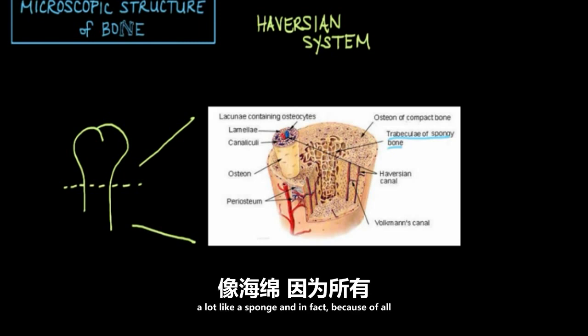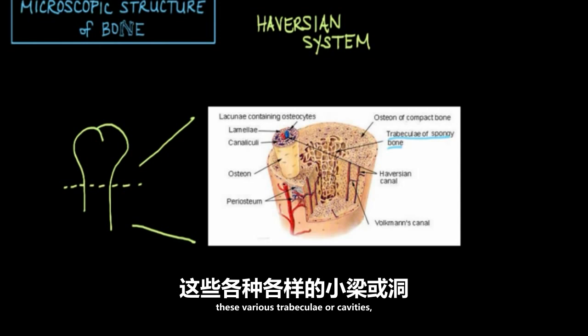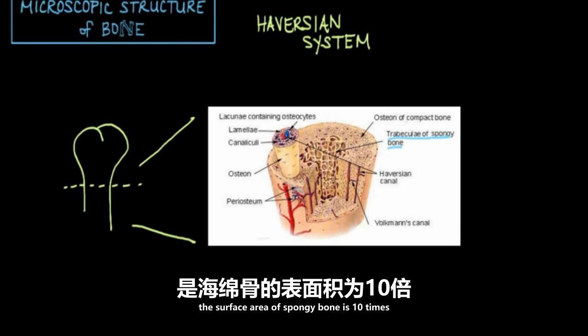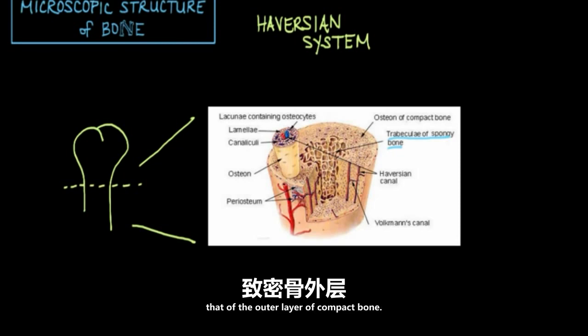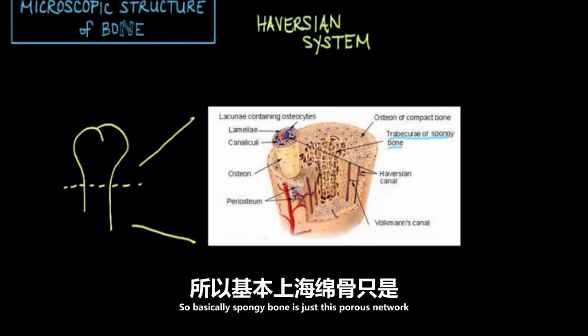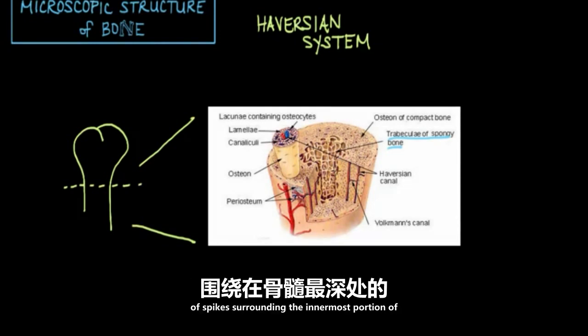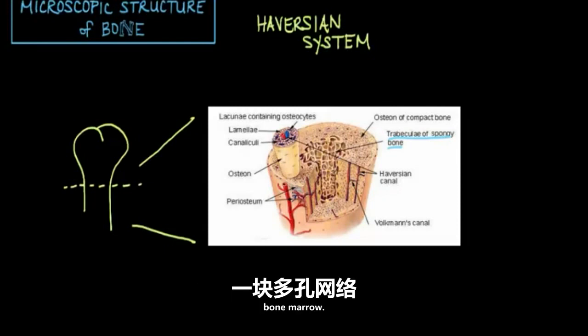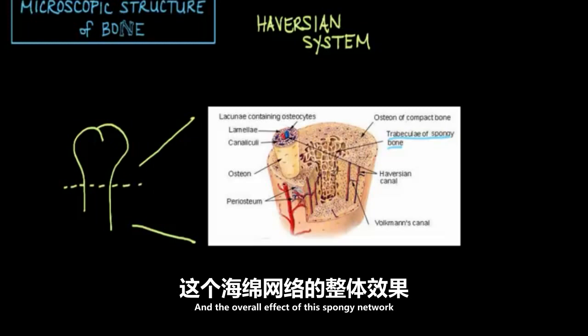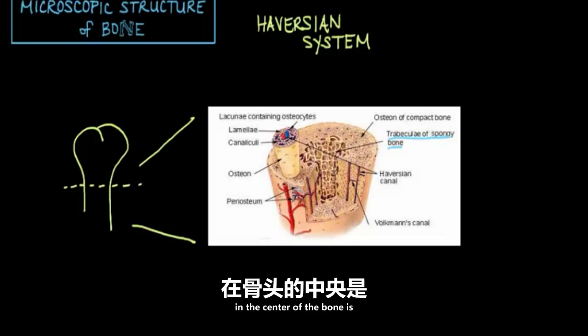And in fact, because of all these various trabeculae or cavities, the surface area of spongy bone is 10 times that of the outer layer of compact bone. So basically spongy bone is just this porous network of spikes surrounding the innermost portion of bone marrow. And the overall effect of this spongy network in the center of the bone is that of making the bone